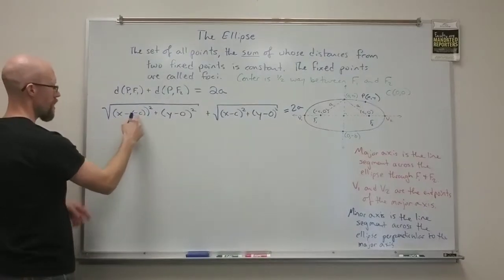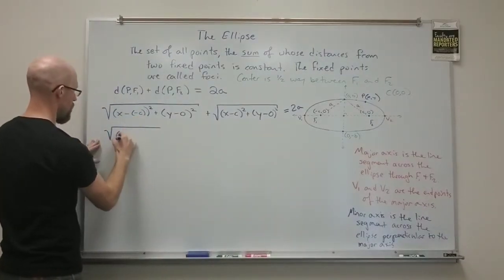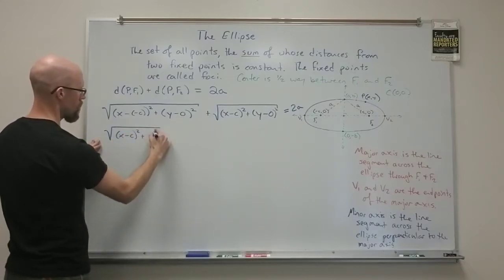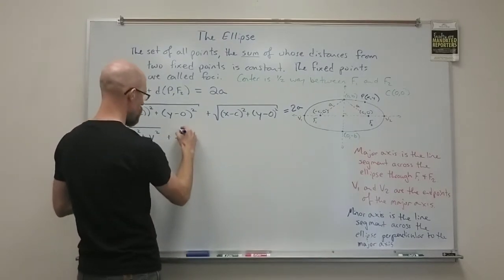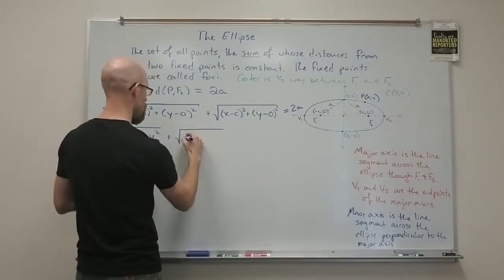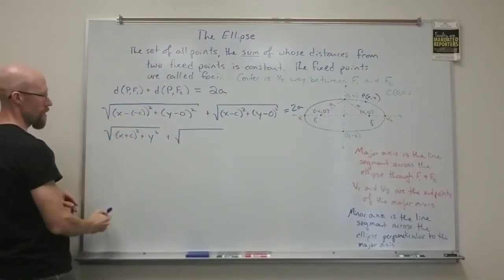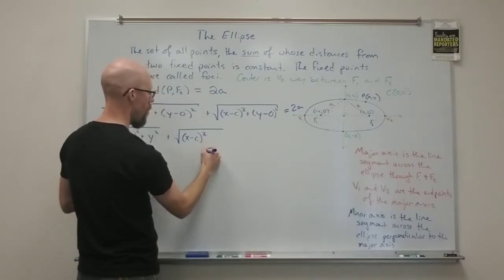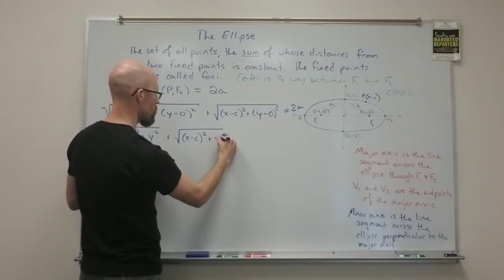So on the left side, I get the square root of quantity x minus c squared plus y squared. Plus over here, I get the square root of, this should be plus c, right? Double negative, I missed that. This would be x minus c squared plus y squared again